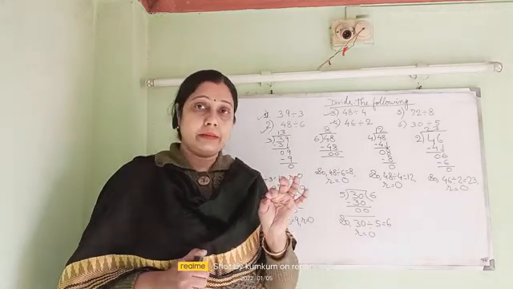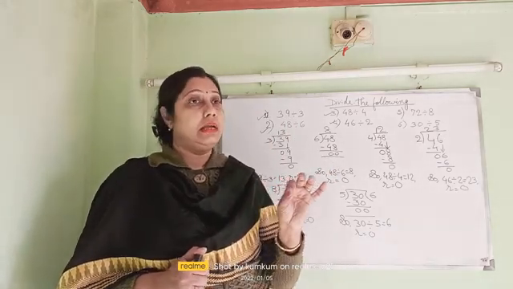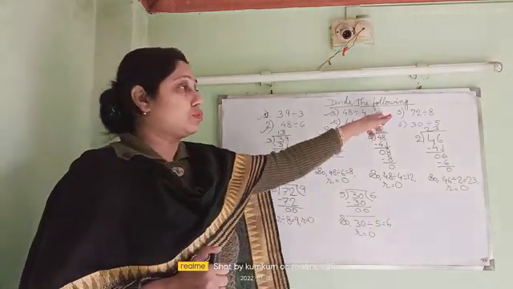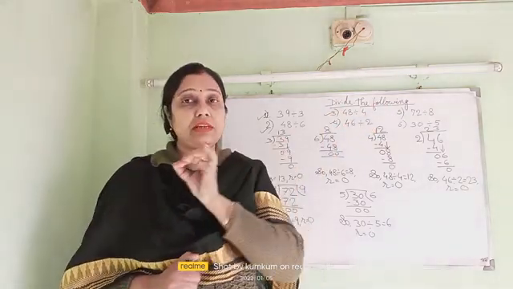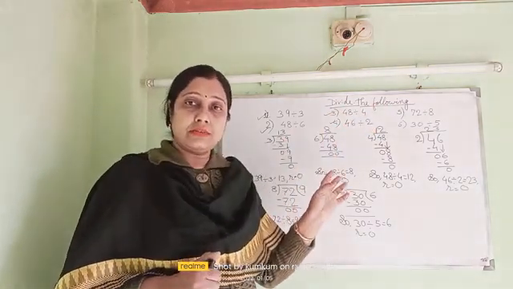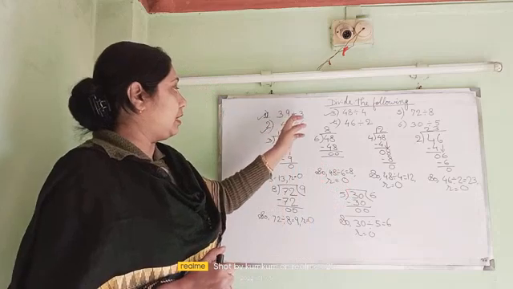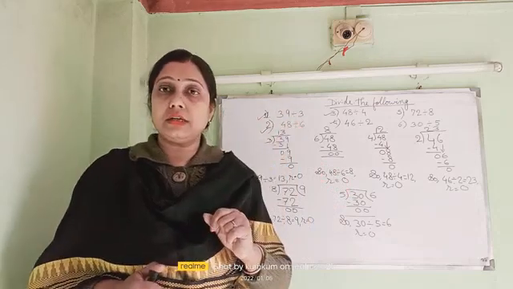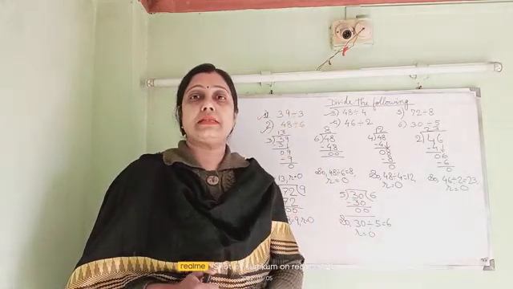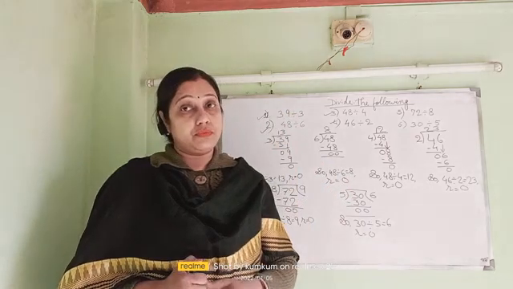So by seeing the number you can understand what is the, if divide the following means you have to show the process. If it is only fill in the blanks and division is given like this, 48 divided by 6 equal to what? That means I am asking the direct answer. So you have to follow it.